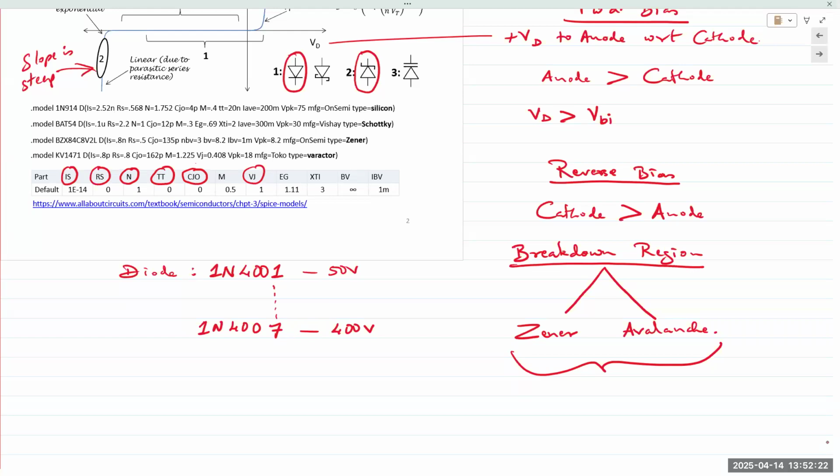So think about what's happening. We are increasing the voltage. So diode voltage is increasing. 10 volts, 20 volts, 30 volts, 40 volts. The junction barrier keeps on increasing. But at some point, the electric field that is applied to that junction is such a high value that it starts ripping out electrons from their lattice structure. So remember, electrons were intrinsically generated due to thermal energy. Now they are being generated due to the applied electric field. Okay, so a very high electric field is applied when we talk about applying like 10 volts, 20 volts to a few microns of semiconductor material. The applied electric field, the charge density is very huge, and that energy rips out